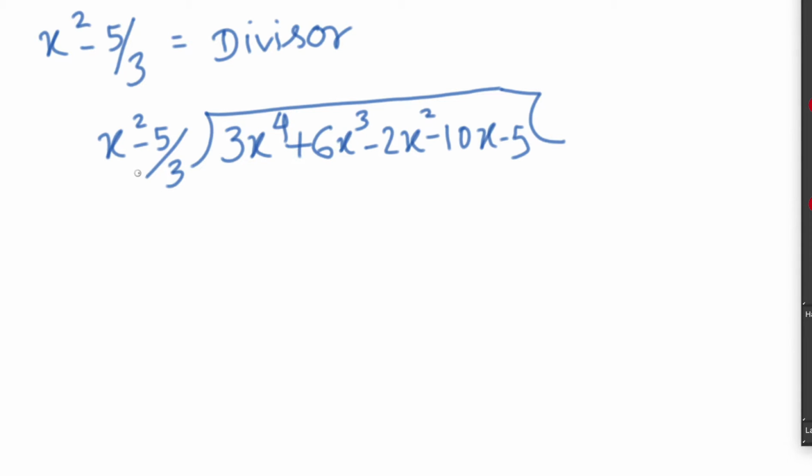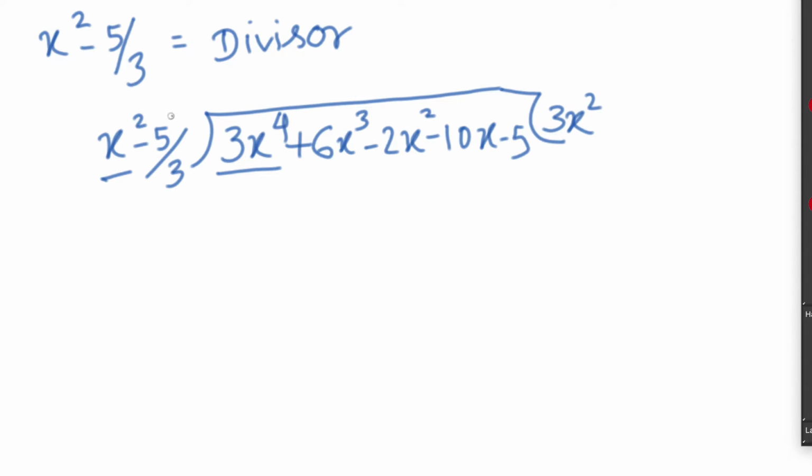While dividing, as we did in 9th standard also, we have to see the first term of the polynomial. Like when dividing 10 by 2, we see when 10 comes in the table of 2. Similarly, we have to see when 3x^4 comes in the table of x square. For making x square into 3x^4, we need a 3. And because the power is 2 here and it is 4, we need 2 more powers. So this is x square.